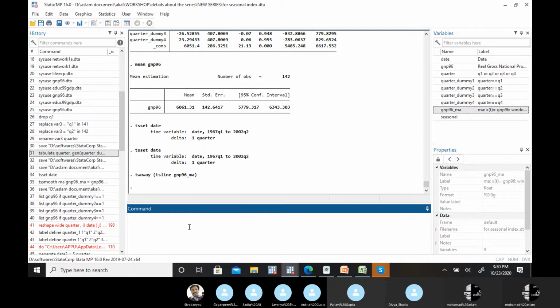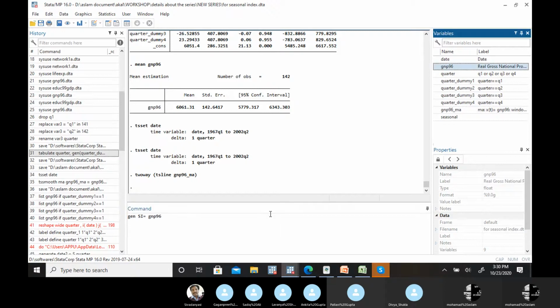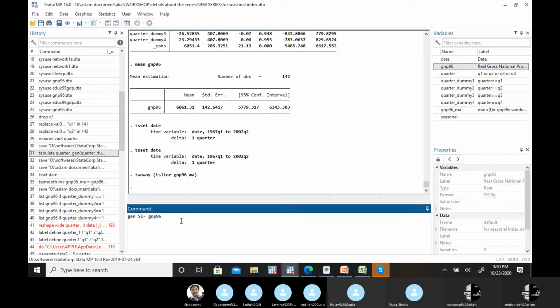We are going to find the seasonal irregular component out of the actual data. So in place of TCSI, we need the actual data. For that, first you have to generate the new variable. I have made this seasonal variable. This is actually the seasonal irregular component, or I can say capital SI, equal to the actual data. This actual data is TCSI; your actual data has a combination of all the 4 components.